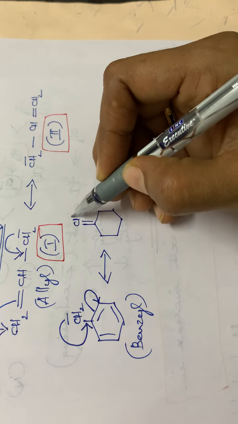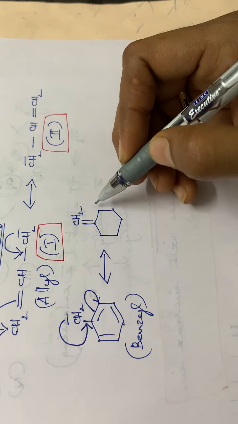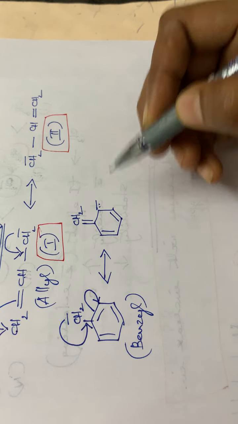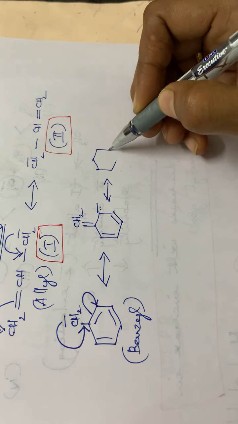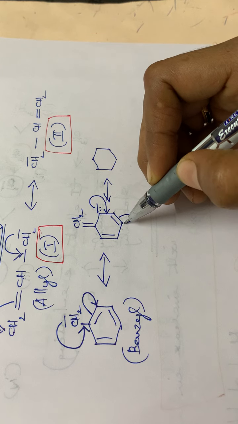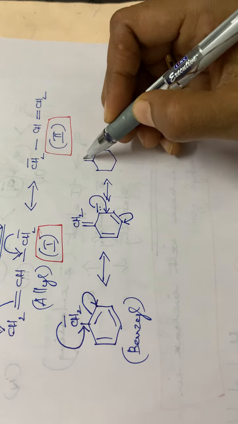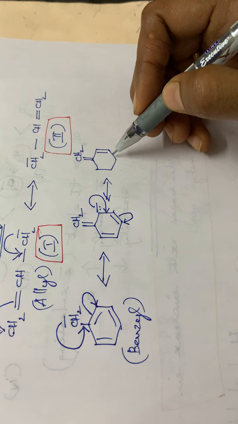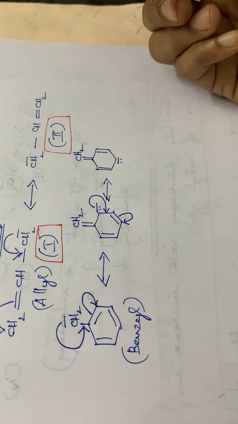Here it becomes double bond CH2. Then this electron pair moves to this carbon atom, so that this carbon gets a negative charge. All other bonds will be retained. Then the next structure. What happens? This negative charge will be moving here, and this double bond will be shifting towards this carbon atom. So here it becomes double bond CH2, then here it becomes a double bond, and here a negative charge, already a double bond is present.